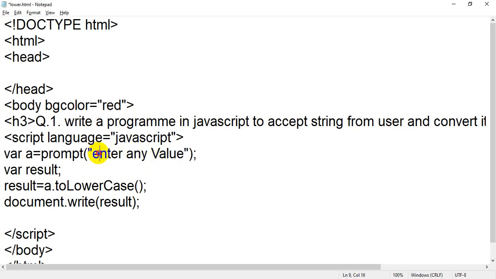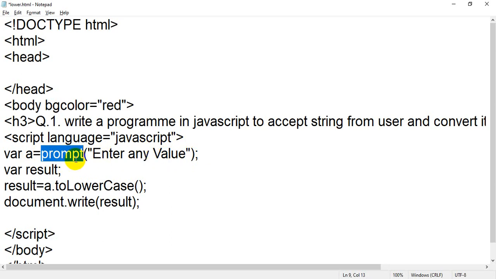Okay, what you have written? You have written this line. You have declared a variable. Initially we hard coded the value, but now I am going to accept the value from user. How can you accept a value from user? By using this function, that is prompt, then opening bracket and closing bracket, and inside that you have to write some message.